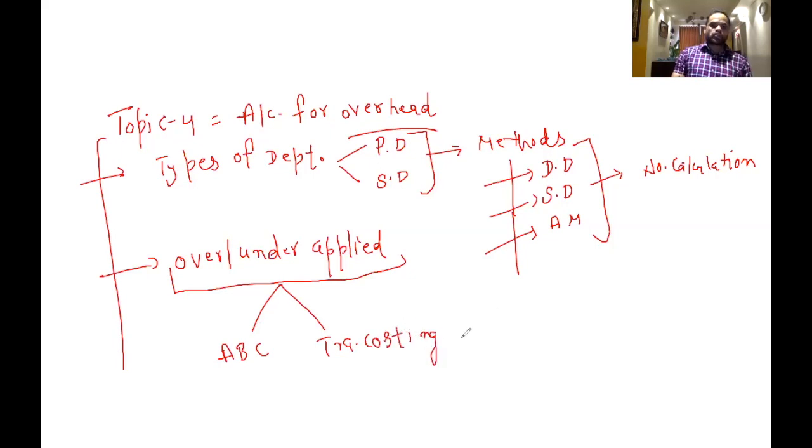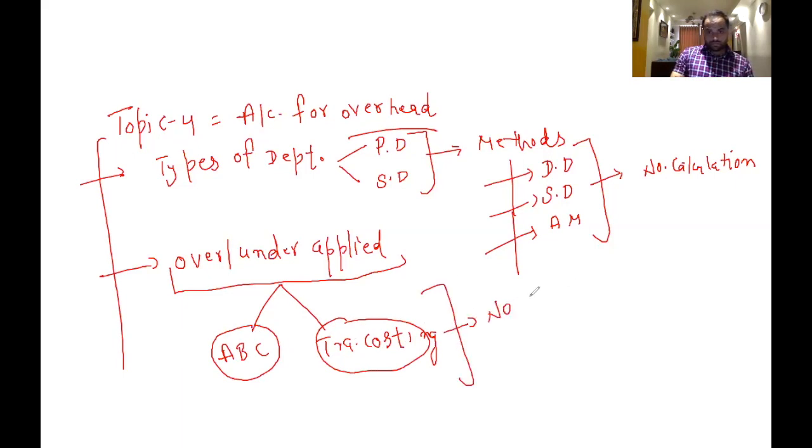But you need to know the steps to allocate overhead cost in ABC. Again, you need to know the steps, but no calculations. I will not ask any calculation. Same as these methods, you also covered ABC and traditional costing in your assignments, because your assignments were really long. So you don't have to, but more about the theoretical side.